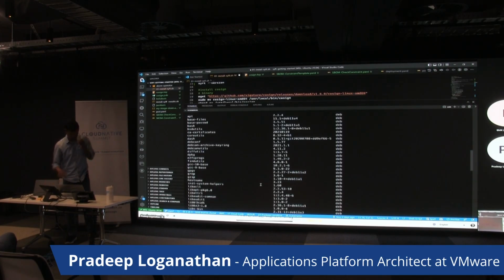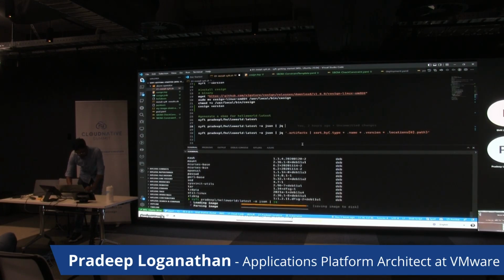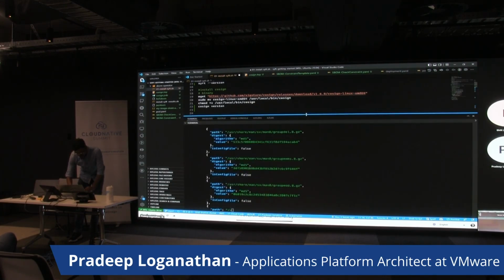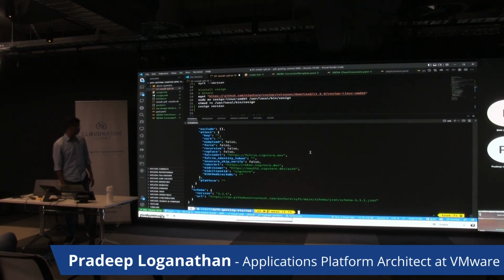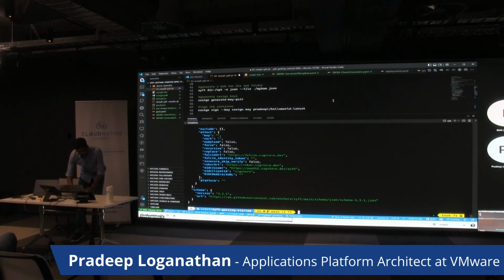Now if you need more details about the SBOM, we can even output it in JSON format. This produces a lot of information, but it helps you know and understand better what the container contains. So right now we've used Syft to generate an SBOM, and we've formatted it in JSON so we can extract more metadata out of it. Now the next part is attesting or signing the SBOM, and that's where I would use Cosign.